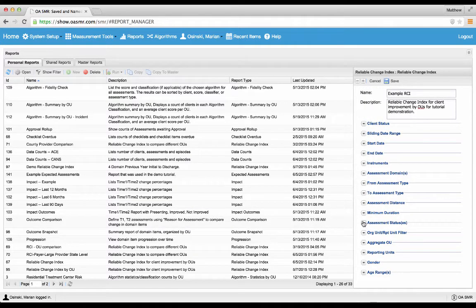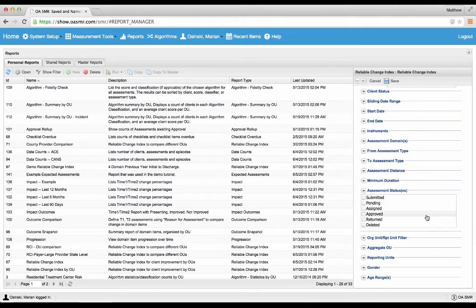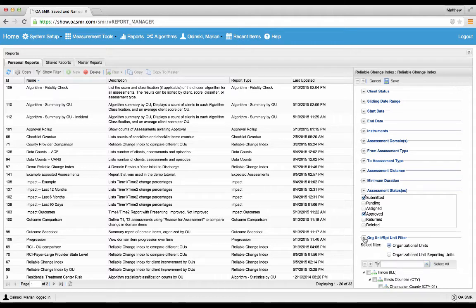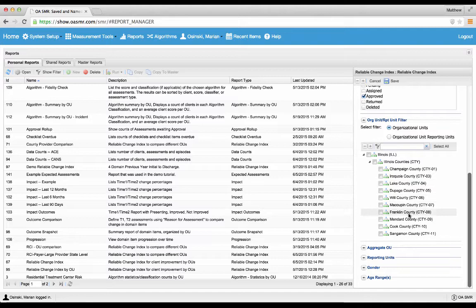And we have the assessment statuses. This is fairly similar to the expected assessments that we saw. In this case, we could leave this blank if we wanted to just pick any assessment with any status. But in this case, we are interested only in the submitted and approved assessments, so we'll pick those. The org unit report unit filter is slightly different from the expected assessments. It looks very similar here,